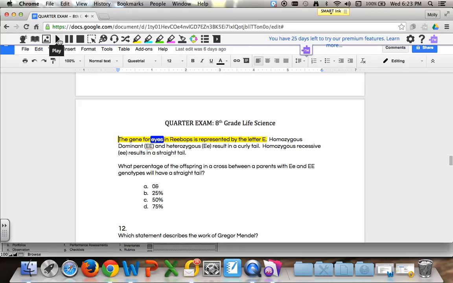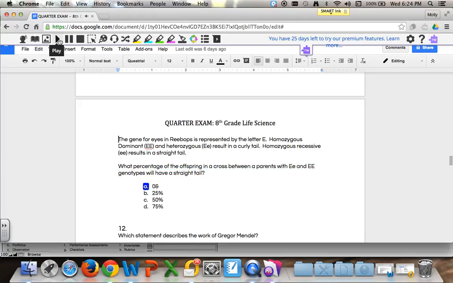11. The gene for eyes in Rheopops is represented by the letter E. Homozygous dominant EE and heterozygous Ee result in a curly tail. Homozygous recessive ee results in a straight tail. What percentage of the offspring in a cross between the parents with Ee and Ee genotypes will have a straight